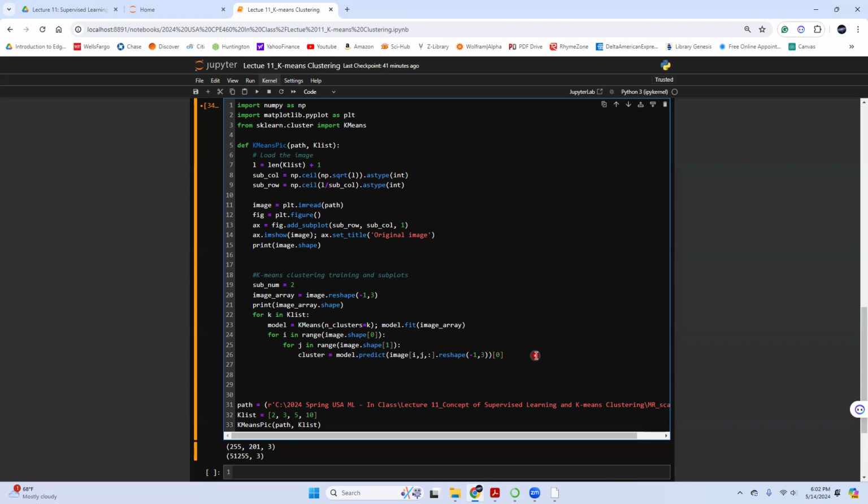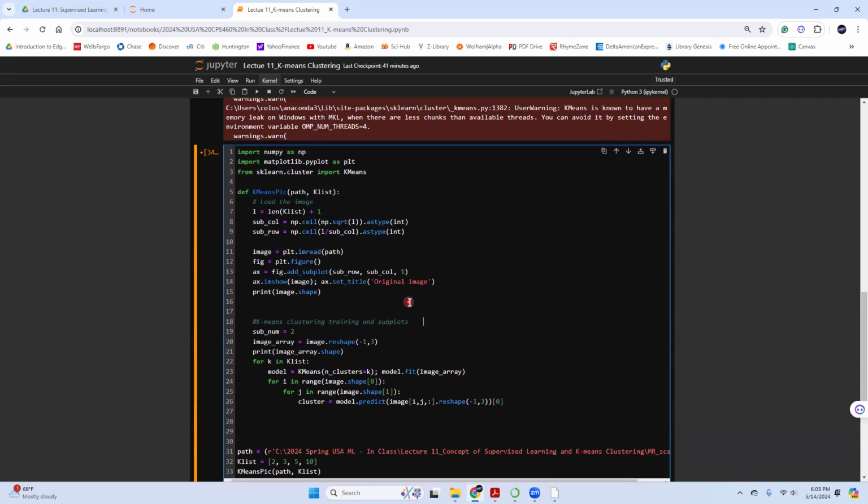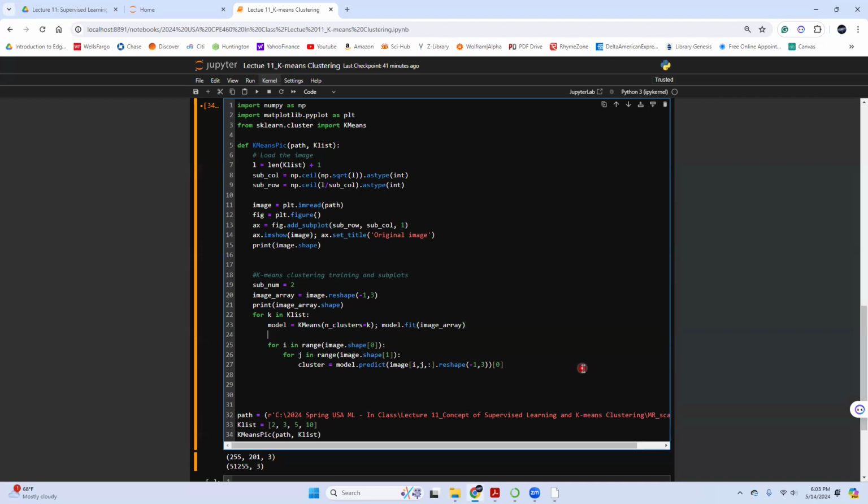I can simply use the centroid if I have already calculated the centroid. Okay, gotcha. So I need to do something here, looks like. Where's the place I train my... oh, here we go. I need to calculate my centroid first.